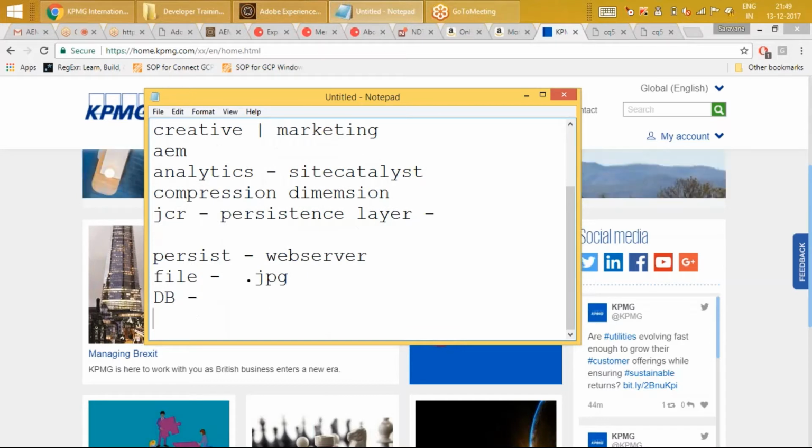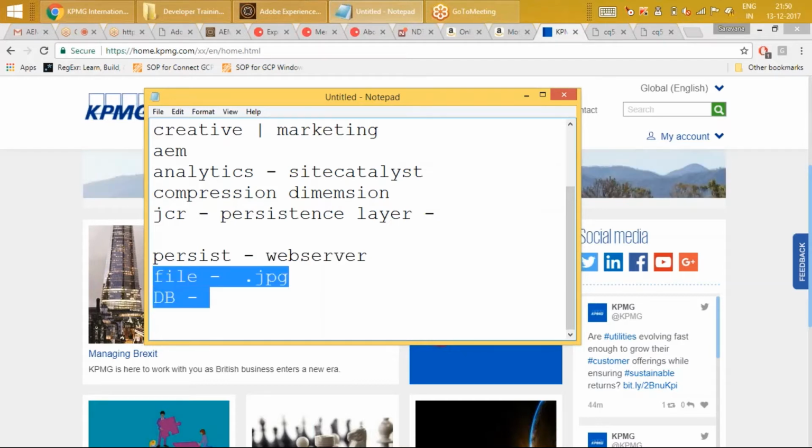Any other techniques? In XML, if I want to persist the data. Sometimes you can put it inside the XML, like content XML. But once again, it's totally. So the requirement is, I have a .jpeg with me, and I want to save this JPEG. How do I save the JPEG? What are the options I have? How do I persist the data? What are the options I have?